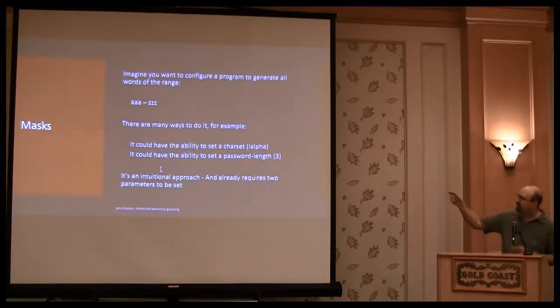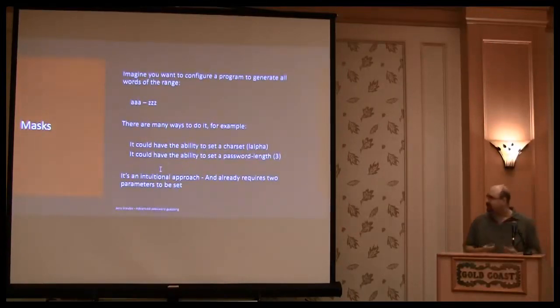In this case, it's 3. A to Z, it's 3. It's a fixed length, and this is simple. So if you want to tell a program to generate exactly this key space, it's simple. You have 2 parameters. But